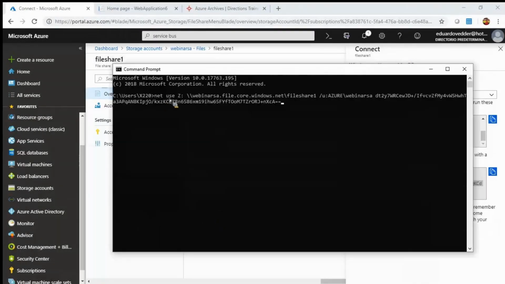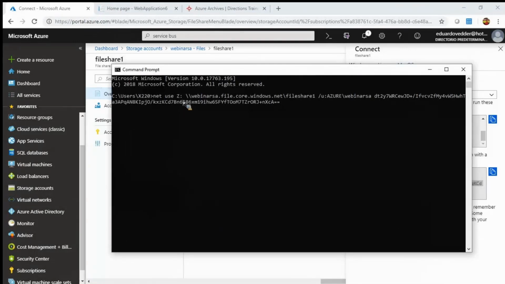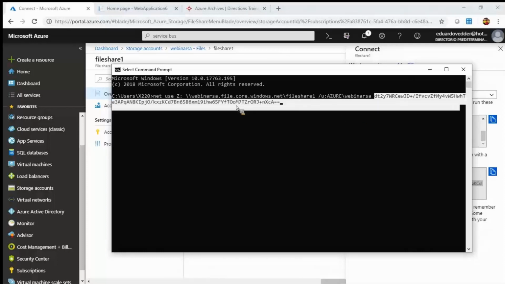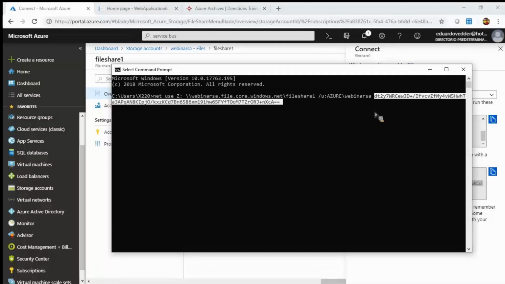It is using the net use to try to map the drive in my computer, but it's going to point it to my webinar SA storage account, to the file service. Remember that there is a single endpoint per service, in this case file.core.windows.net, then the name of the share that I just created, file share 1, and this is using the credentials, Azure for the domain, and webinar SA for the user. It is actually the name of the storage account, and this is actually one of the keys. That should be key number 1. It is like the password. So if I try to run that,